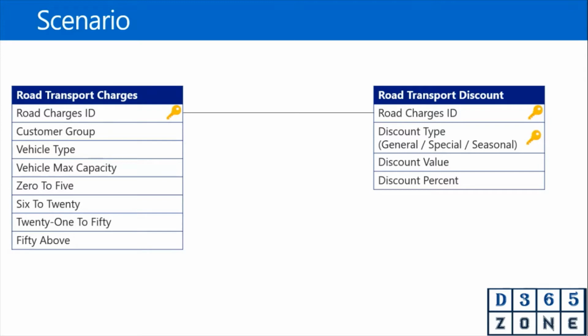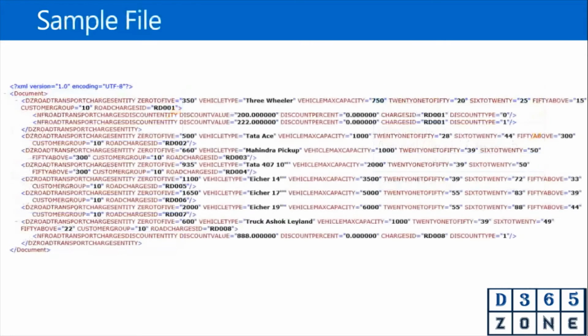This is the table I'm going to build, and this is the relation I'm going to frame. Say I have a third-party service, a .NET application or something, which gives me this particular Excel sheet. As you can see, we have a road transport charges entity, and within the charges entity there are charges discounts.